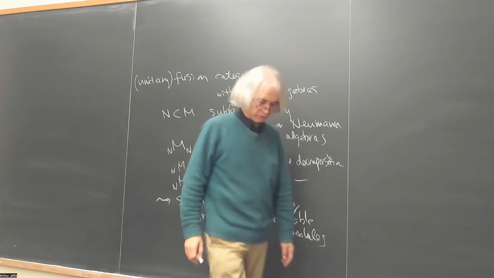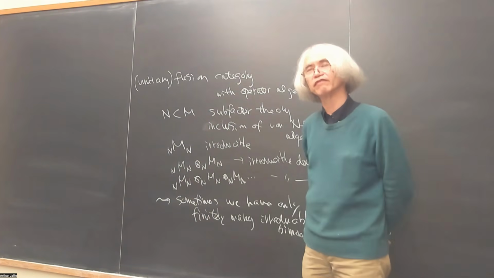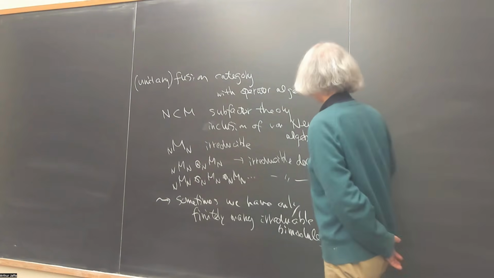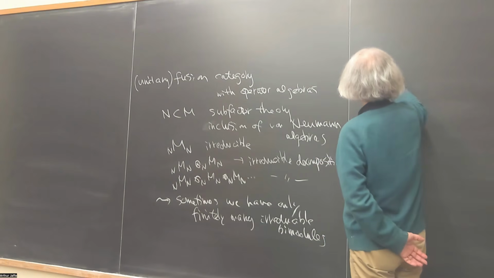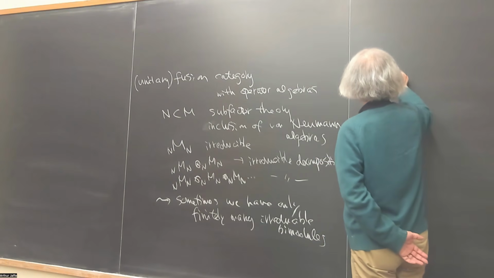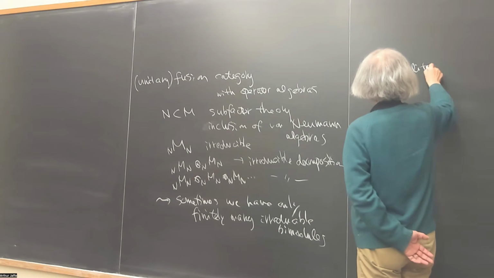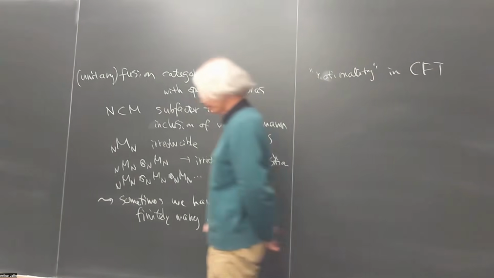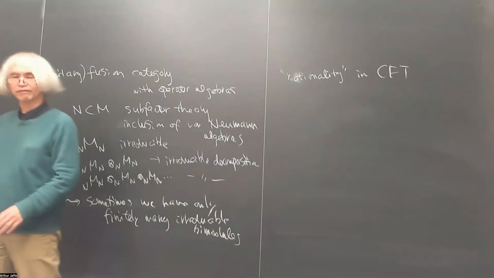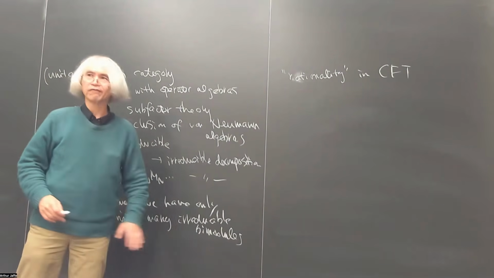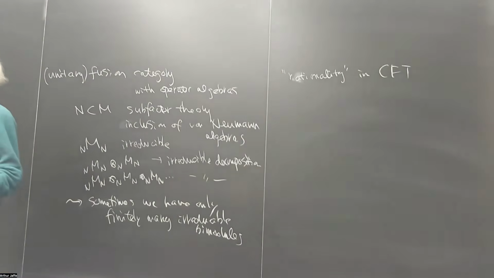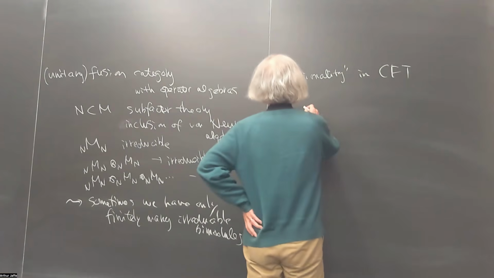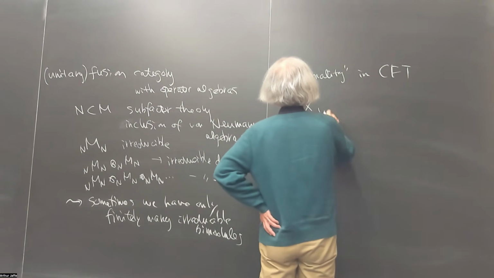This kind of finiteness is important in many different fields of mathematics and also physics. For example, this kind of finiteness is often called rationality, in conformal field theory or in the setting of quantum groups. This name comes from the fact that if we have this kind of finiteness, some parameter takes rational values. So in this setting, we have finitely many irreducible bimodules.